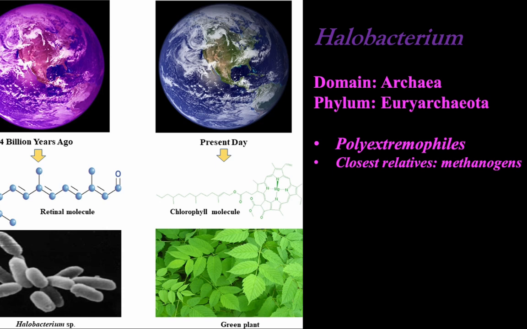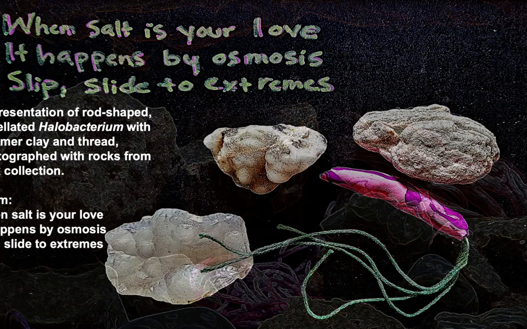This means that they are adapted to survive in multiple extremes under multiple stressors, like those that may be encountered in planets outside our own, like the surface of Mars, for example. One of the most fascinating features of Halobacterium is that they produce spectacular blooms that are visible from outer space. And some scientists believe that when oxygen levels on Earth were low about 4 billion years ago, Halobacterium may have painted the Earth's surface purple long before chlorophyll painted it green, and you may have noticed it from outer space.